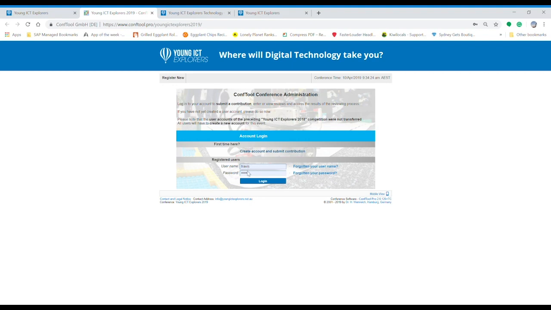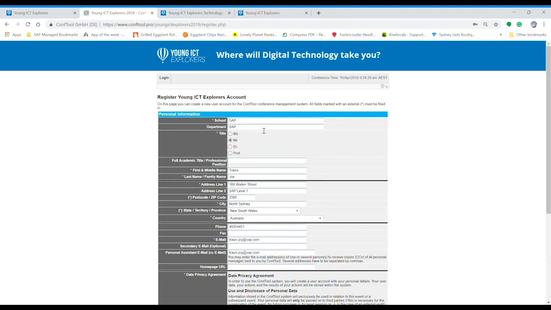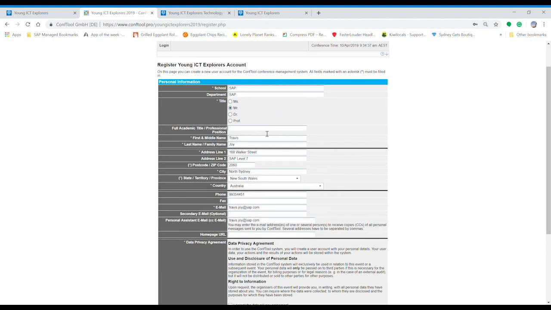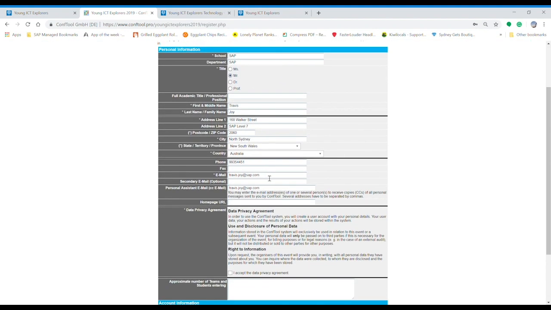As you can see, I've already got an account, but we'll register a new one. You can either click up here for register new, or down here as well, create account and submit contribution. This will take you through to the portal here, where you've got the form. So just fill in your details. As I already have an account, I'll just change my